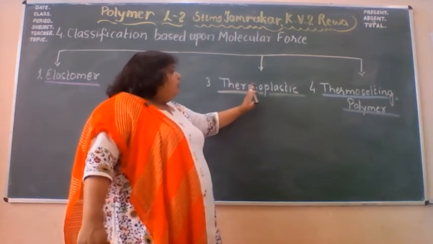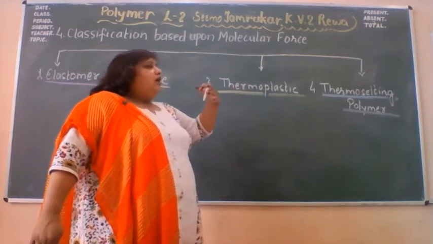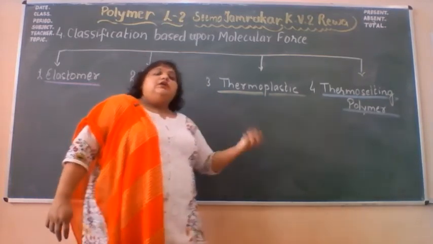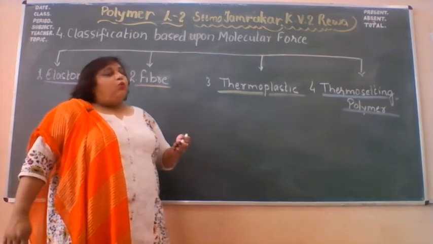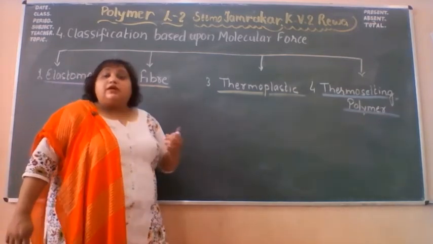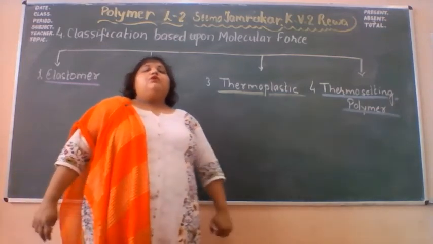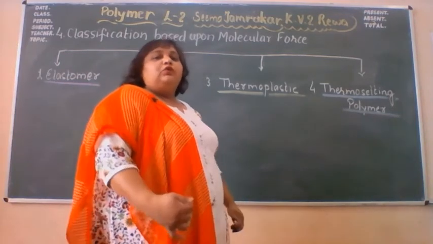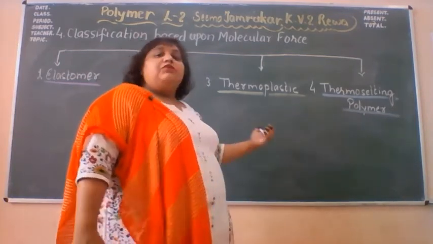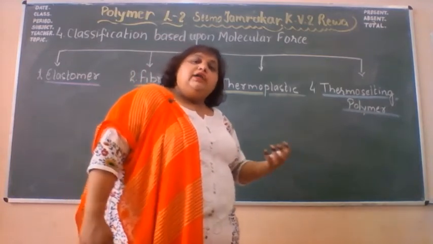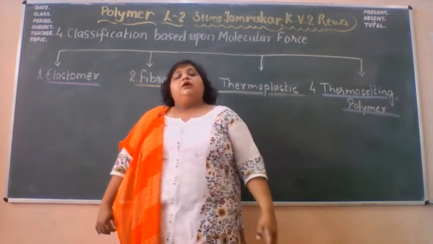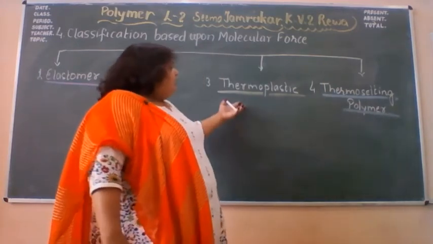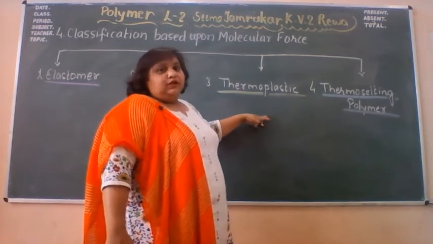Here the word thermoplastic, I think you all have seen the polythene bags at your homes, right? You can just remold it, right? Sometimes the scrap merchants collect it. Why do they collect it? Because they can reuse it, they can prepare some other things. And how will they do this? For this purpose they will heat it again, right? Again it will become soft, it will get melted, and you can mold it once again. That means it is thermally reversible, right?